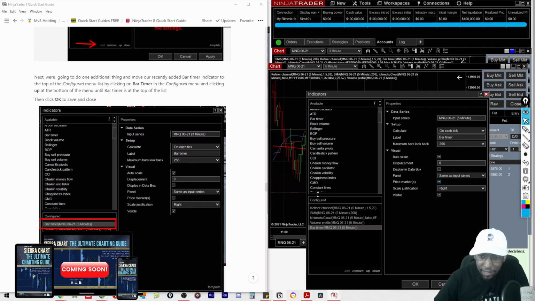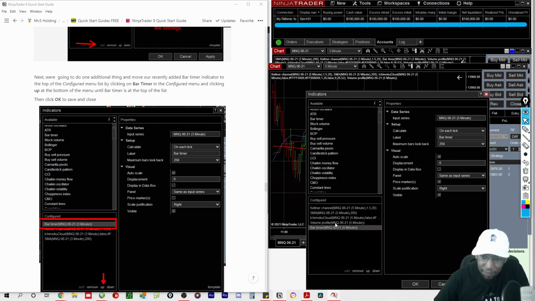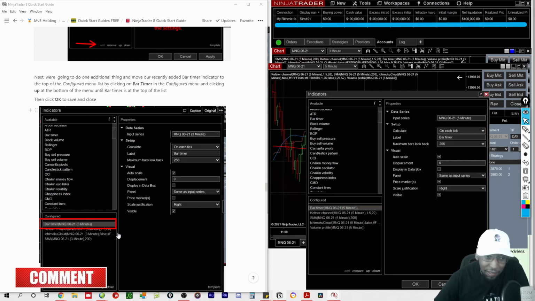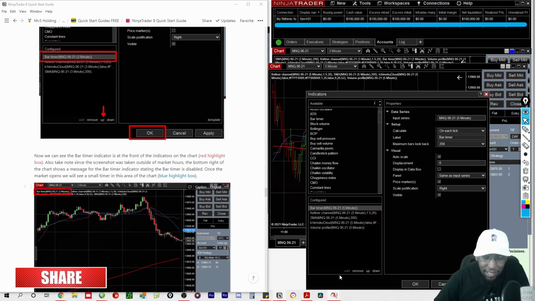And also we can adjust the order that our indicators are configured in. The indicators that we're using, we can adjust the order of them all. So let's just say I want to move the bar timer indicator to the top. We just highlight it, make sure it's clicked and highlighted. Let me click off of it just to illustrate it. Boom. So now we got the bar timer selected, and I'm just going to keep clicking up until it gets to the top. Okay, and then we're gonna go ahead and click